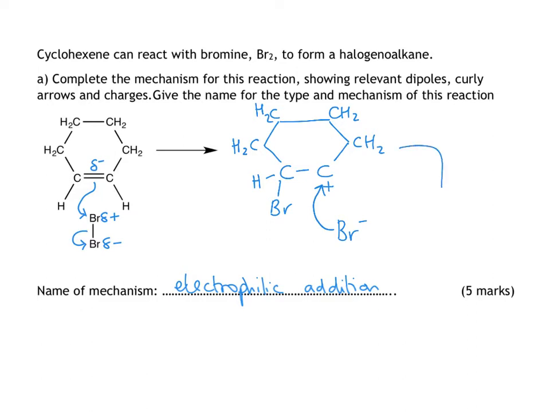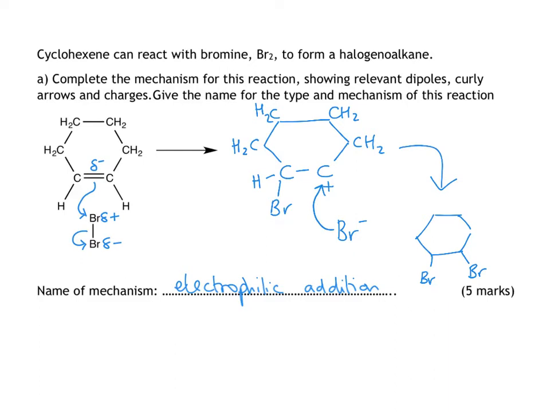And then the last bit will be simply for drawing the product, which I would highly recommend you just draw a skeletal formula because it's a lot easier. And after all, this is a 5-mark question. It's not that many by the time you've already got 2 marks for naming electrophilic addition. So how the marks would be awarded, perhaps it might be 4 marks actually, given the difficulty of drawing the